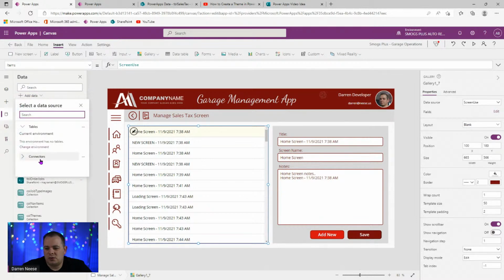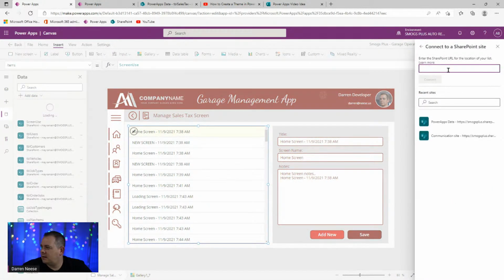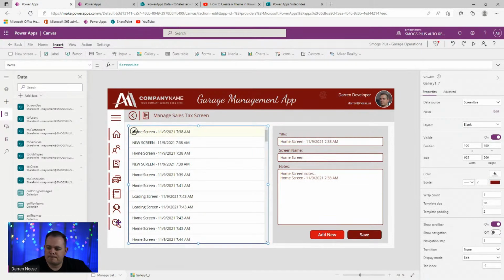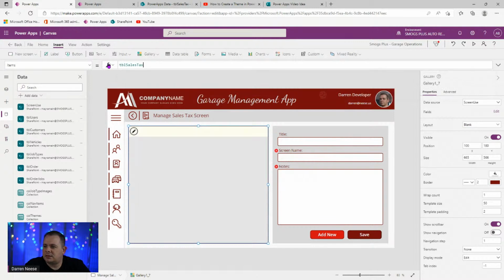I'm going to go into SharePoint, add the SharePoint connector. There is my PowerApps data, and there is sales tax. I'm going to add that. TBL sales tax. Very good. There we go. Okay, this is looking good. All right, so